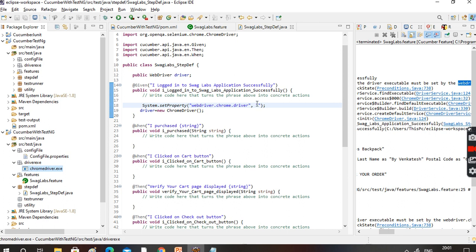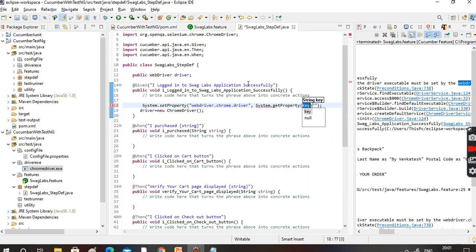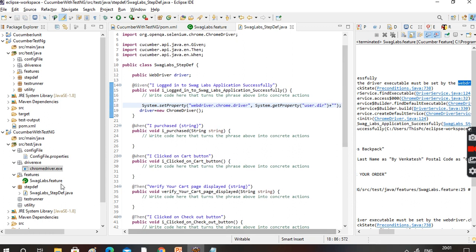How can we refer to it actually? Here we are going to mention System.getProperty of user.dir. But why are you using this user.dir? User.dir will be referring to your project directory, up to this Cucumber with TestNG.